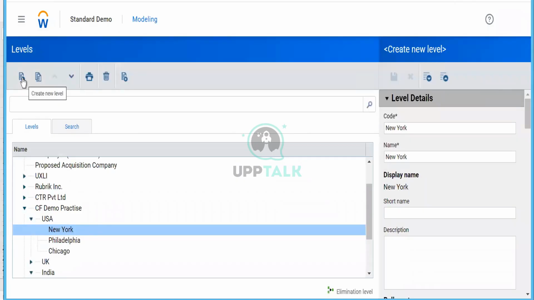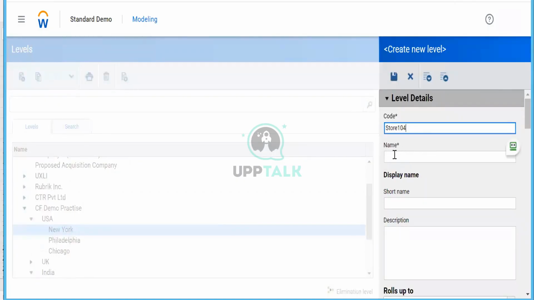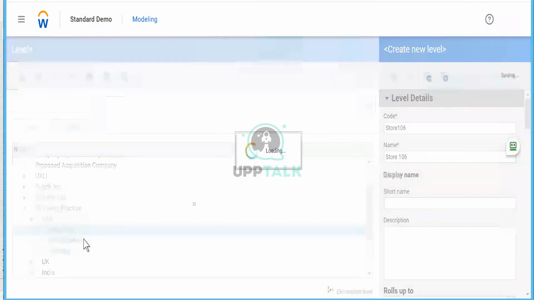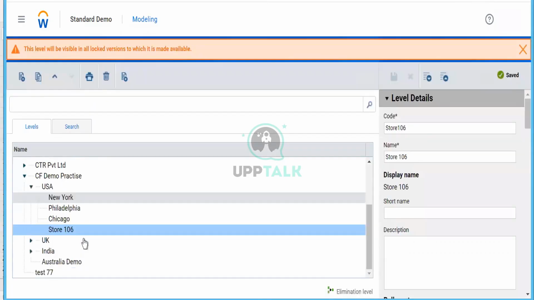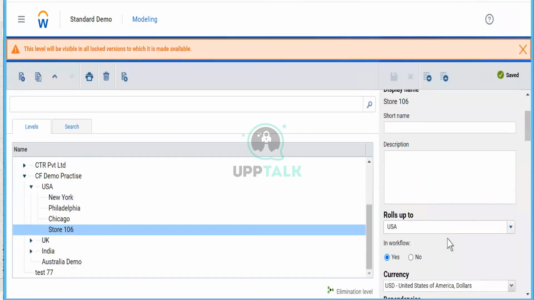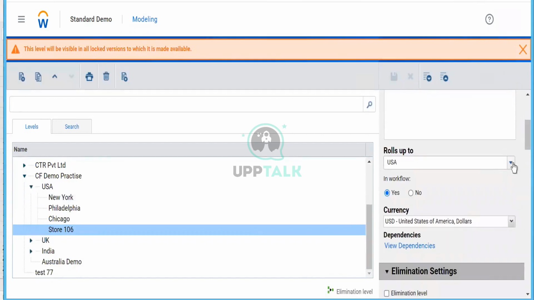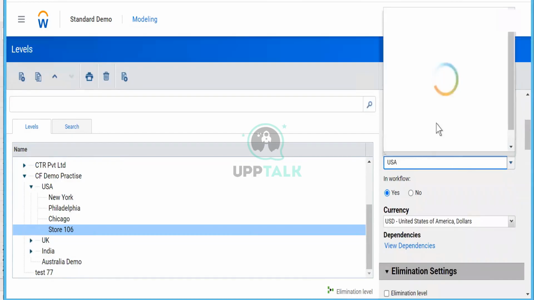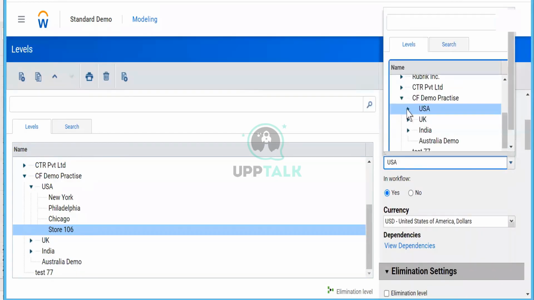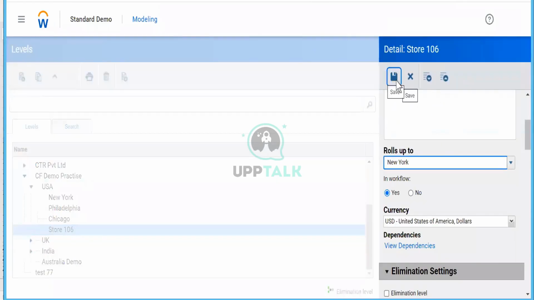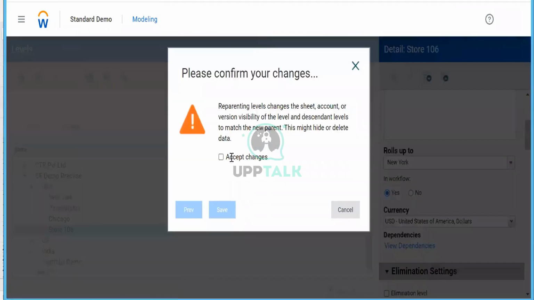Oh, I did not change the roll-up. This is a mistake. I will go here again and change the roll-up to New York, and save it. I want it under New York.